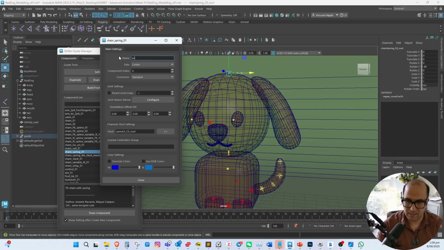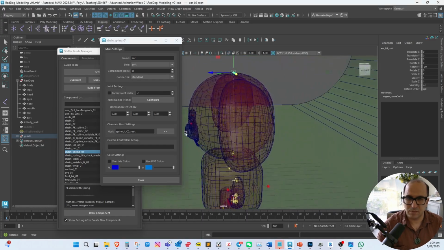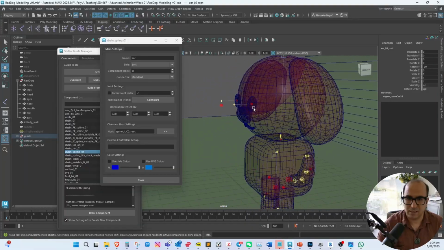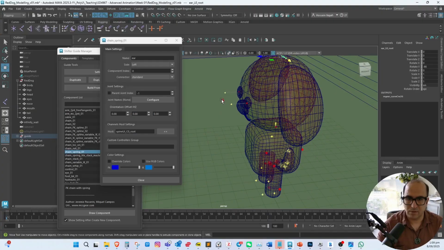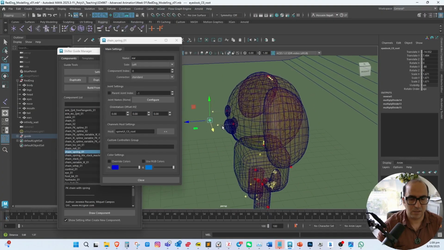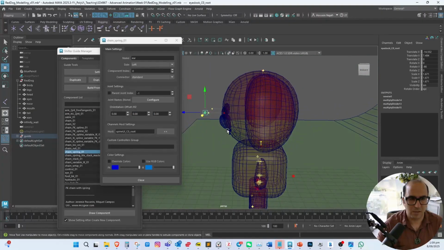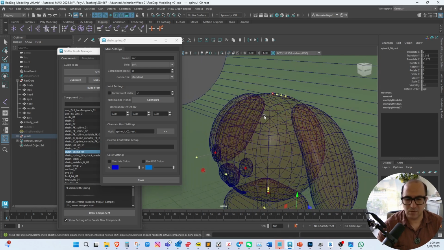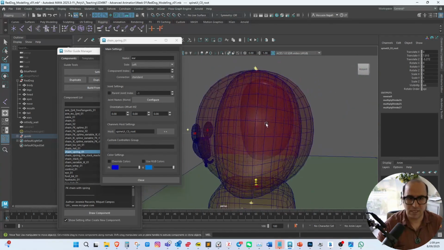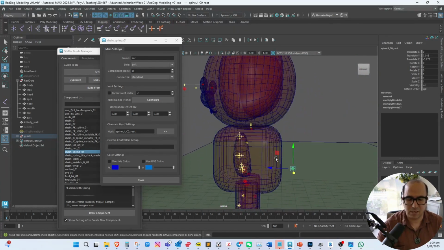It is ear left, and the holder of the attributes on it. Okay, I think I should have not deleted the. Can I? Yeah, but that's okay. I can say that the holder of the attributes of the ears also is the spine